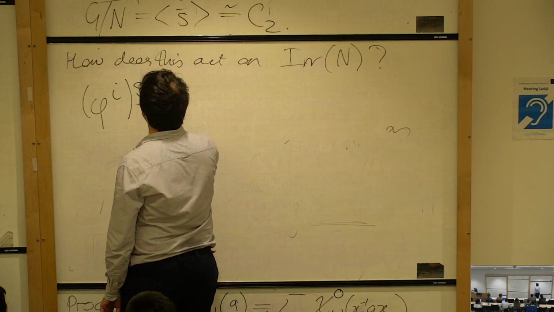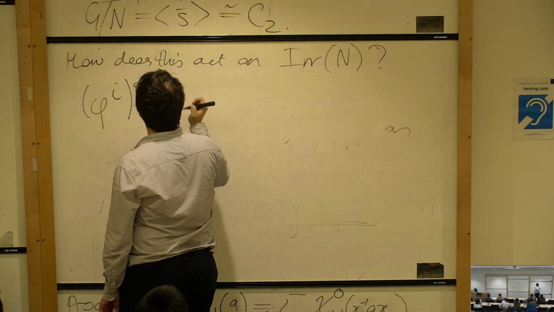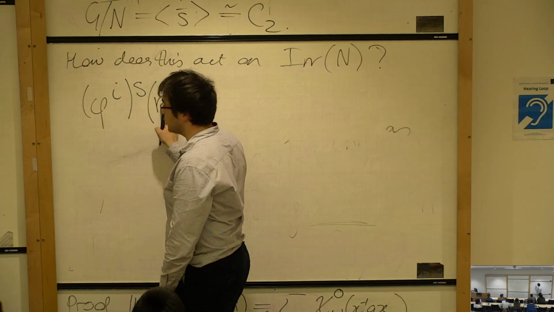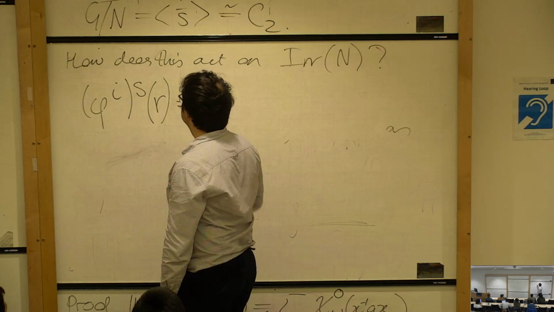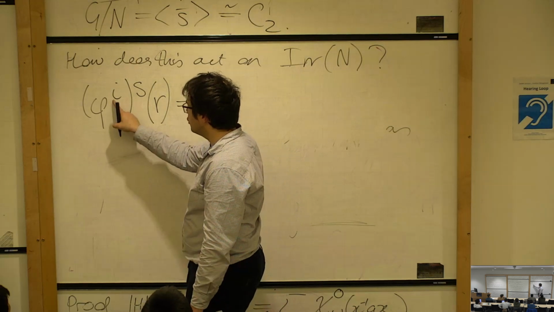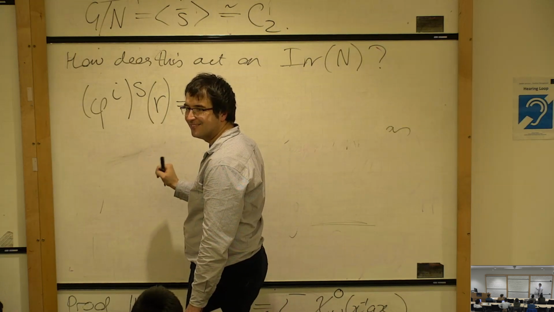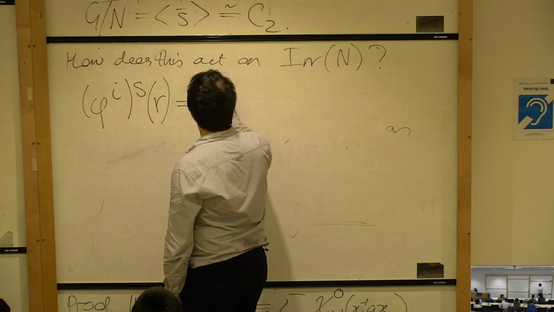I can twist it, and then I can ask myself what that's doing to an element of the group. Actually, it's enough to do it on the generator, because once I know what this character is doing to a generator, I can then identify the character. i is a non-negative integer, S is a group element. Conflict of notation. Okay. Anyway, by definition of twist,